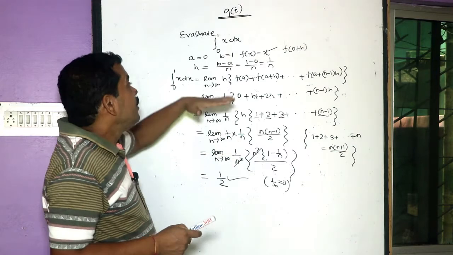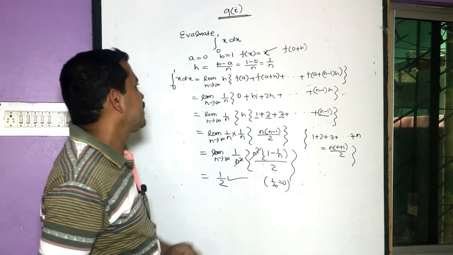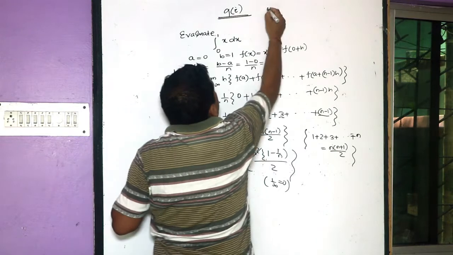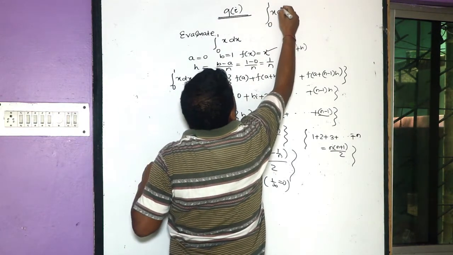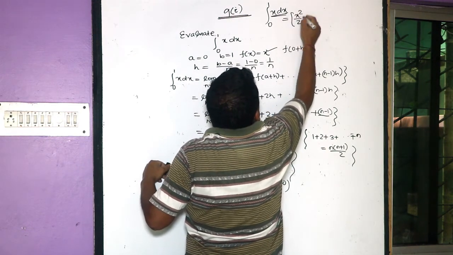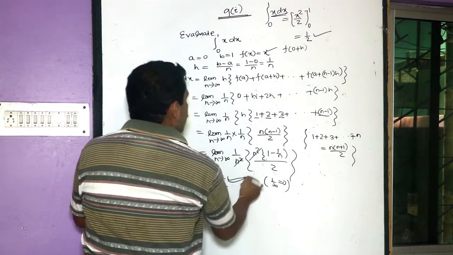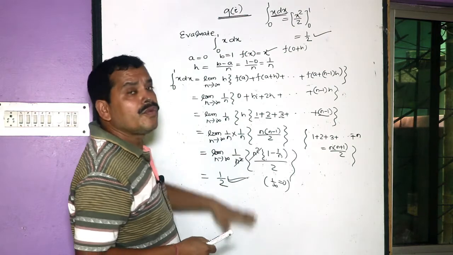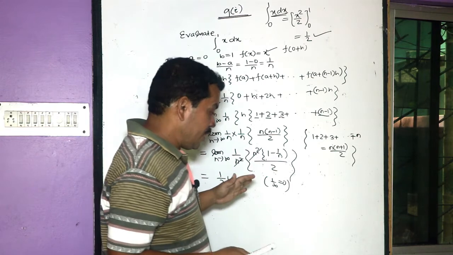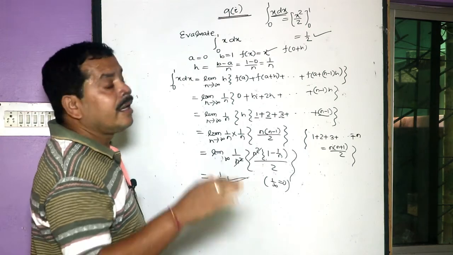If the question asks to use the limit as sum, then you have to evaluate the definite integration in this process. Its value for the integral from 0 to 1 of x dx, we can also verify whether it is right or wrong. The integration of x dx is x square by 2 from 0 to 1, that is equal to 1 by 2. So here it is also 1 by 2. But this process is known as the limit of the sum, and definite integration is known as the limit of the sum.